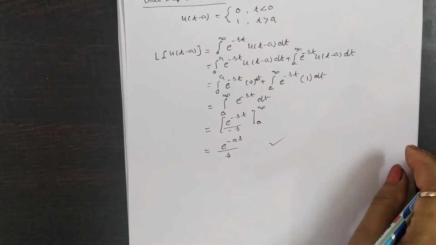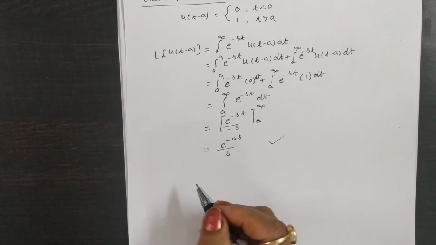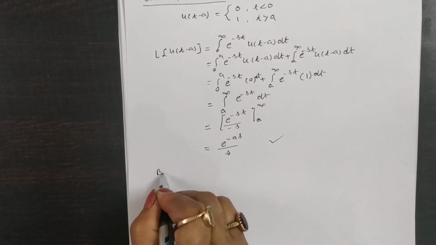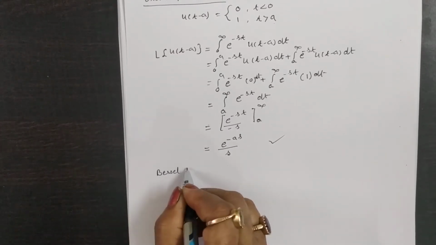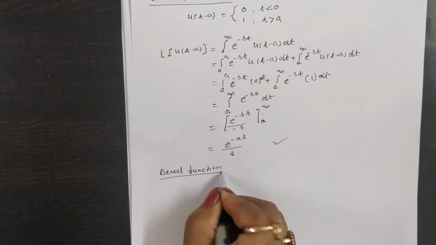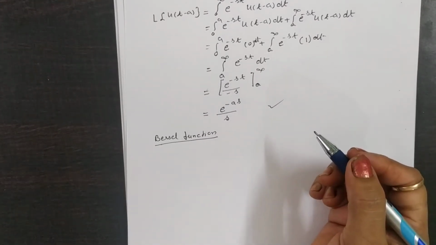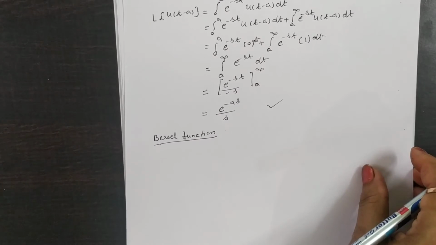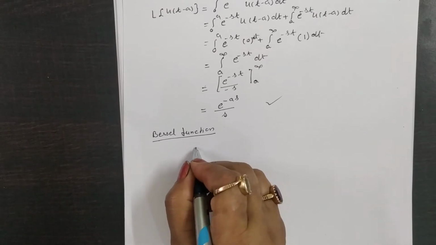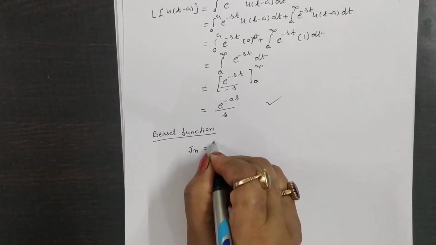Next, I have defined for you the Bessel function, that is, the Laplace transform of the Bessel function. First we define the Bessel function. Actually, all of the properties of the Bessel function you will study in the paper on differential equations. The Bessel function of order n is denoted as Jn, which is defined as